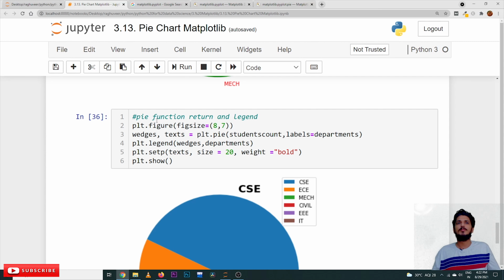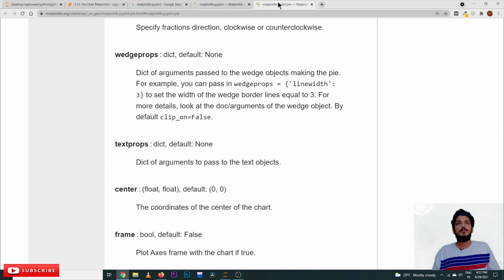Coming to the next one, the pie function return values and how to create a legend from this pie chart. What are the values returned from the pie function?